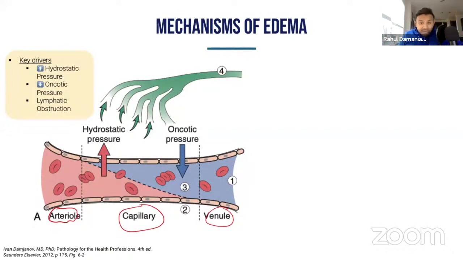And the oncotic pressures are going to pull the fluid back in because the oncotic pressure is usually derived from intravascular proteins like albumin. So whenever you have edema, you are going to think of the framework that either I have increased hydrostatic pressure, or I have low oncotic pressure, so the fluid cannot be pulled back, or I have some sort of lymphatic obstruction. So let's go through some USMLE questions. Increased hydrostatic pressure, that's due to maybe fluid overload.